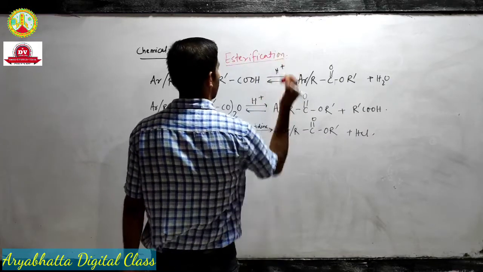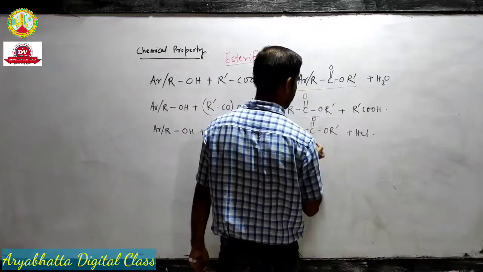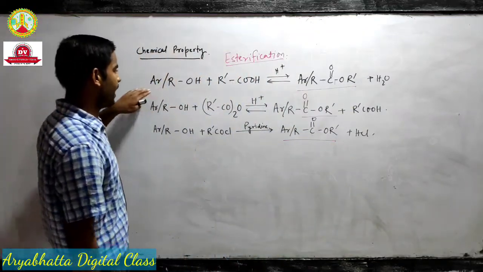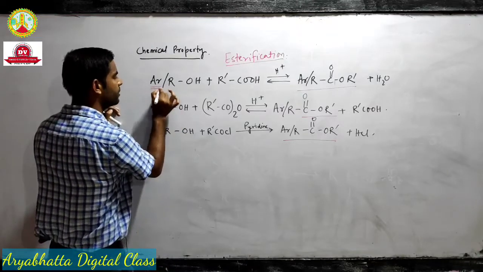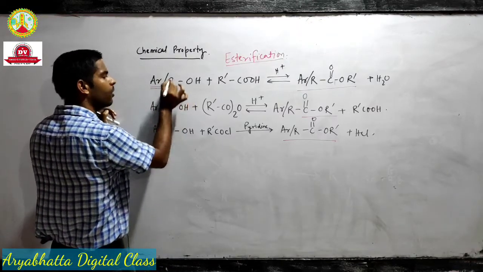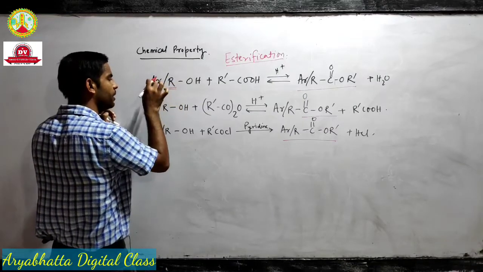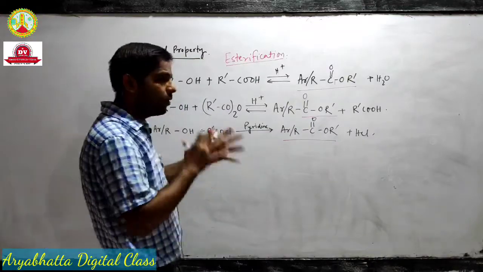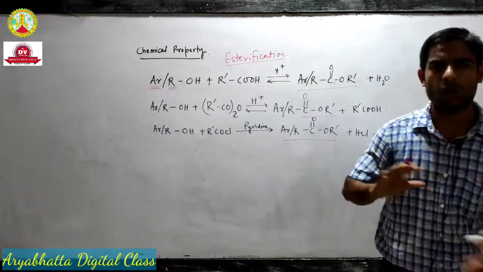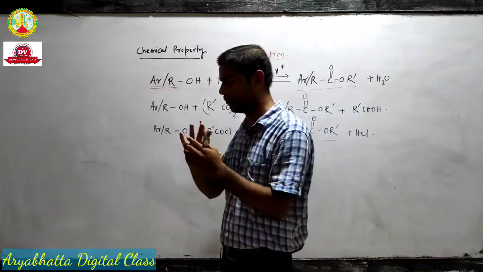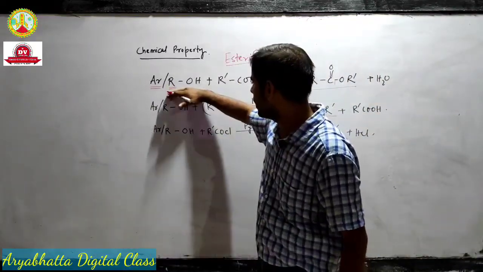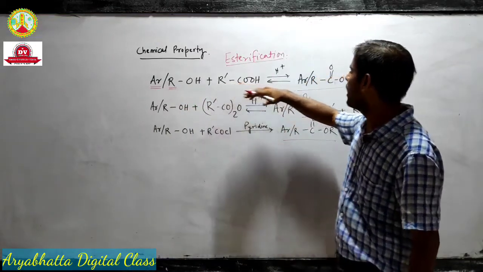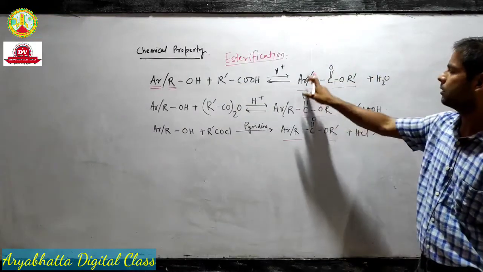Esterification. Okay, why? Because the product in all the cases are esters. So how can we produce esters? Alcohol or phenol, where Ar is the aryl part or alkyl, that means it could be a benzene ring or any alkyl chain. We are writing a general equation so that we can solve any reaction involving any molecule. This alcohol will react with some carboxylic acid and will form a molecule like that.